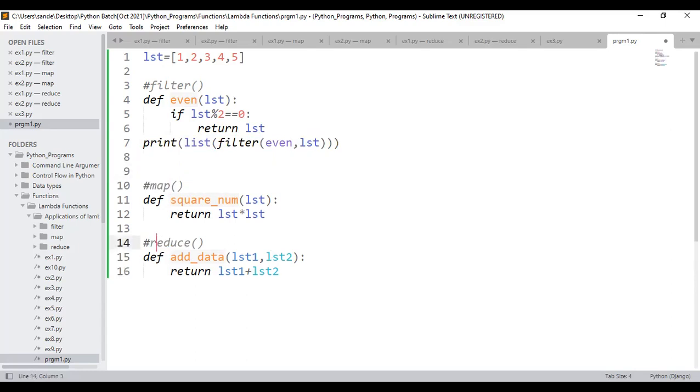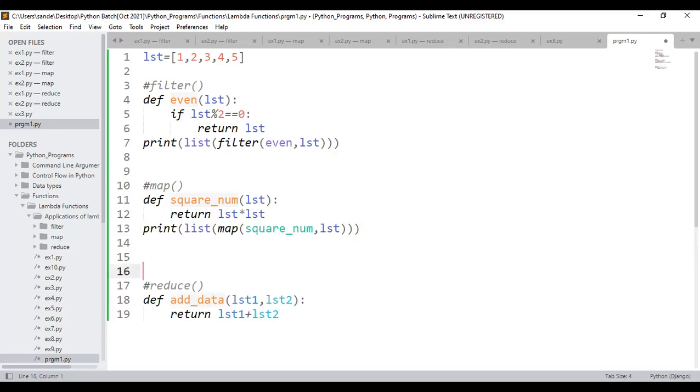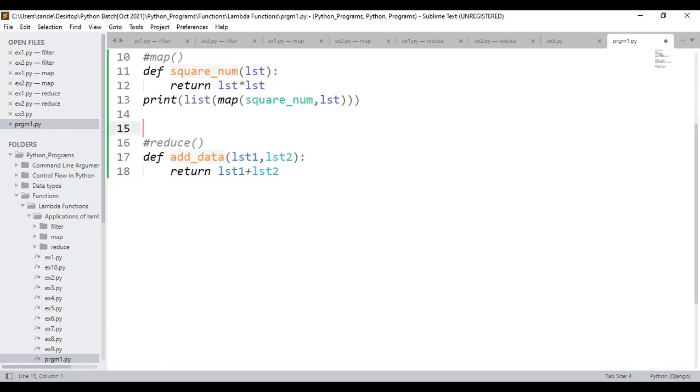Okay, great. Next, when it comes to map, same thing. See here, I'm just providing the name of the function. See here, square num. Sir, what about reduce, sir? Reduce also, it would remain same. See here, I have told reduce function, and I'm just calling the function name by passing the LST. Now what will happen? LST1 and LST2 will be same sequence. Yes or no? That means it will just take the data one by one.